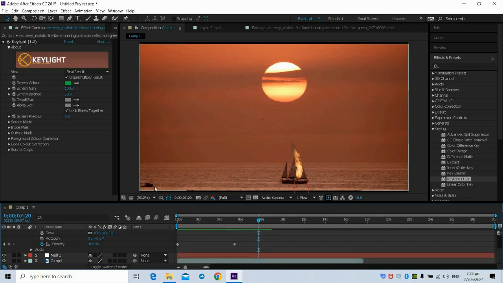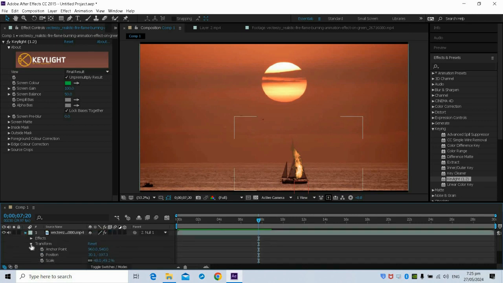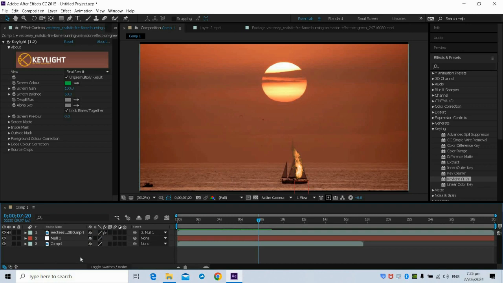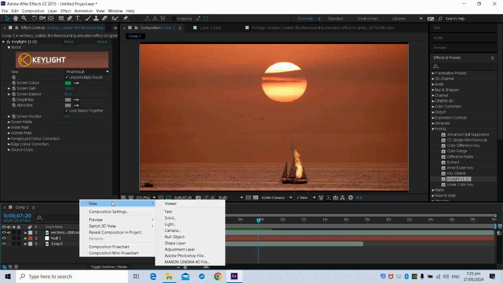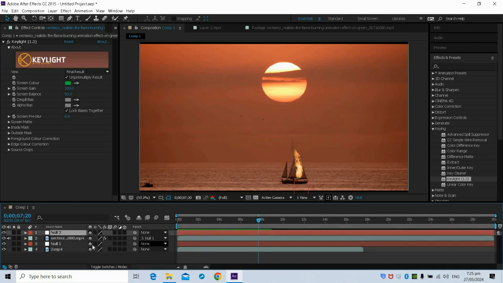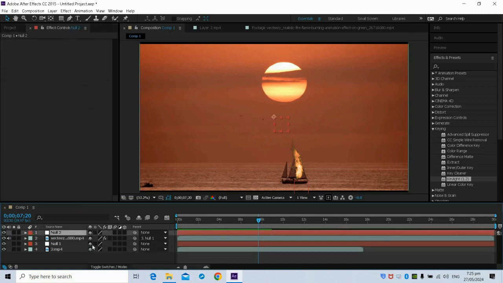Okay, so this is a speedboat. So for the tracked motion of the speedboat, we're going to place it on another null object. So create new null object. So it creates null 2. Okay, so this will be the null 2 layer.